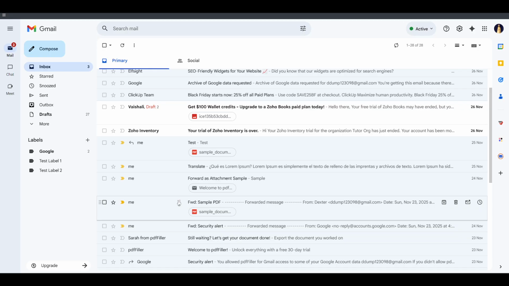By turning off conversation view, you gain a clearer, linear look at your inbox, which can be especially helpful when you need to track individual replies or manage messages more